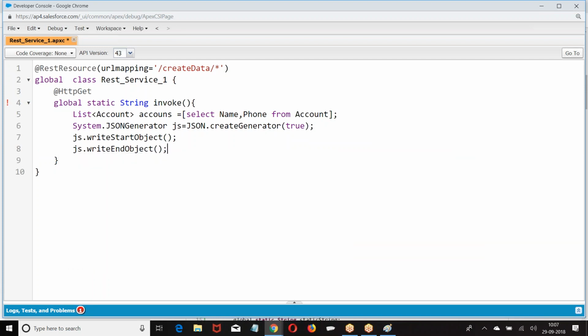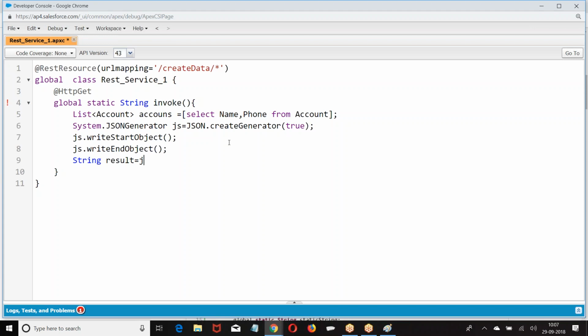Why? If you are a provider, you need to generate your data in the form of JSON or XML and give it. That is how the people have given you also. They have converted the response in the form of JSON and given it to you. When somebody makes a request to you, you also need to generate a response in the form of JSON or XML and give it. So write start object and object.